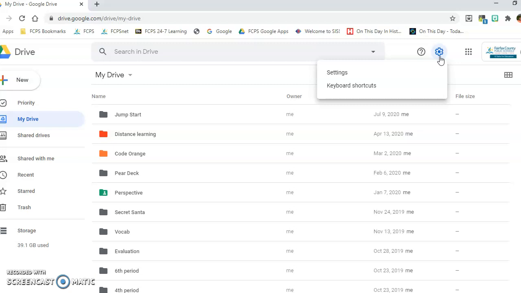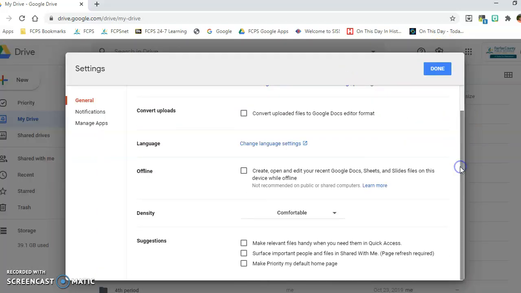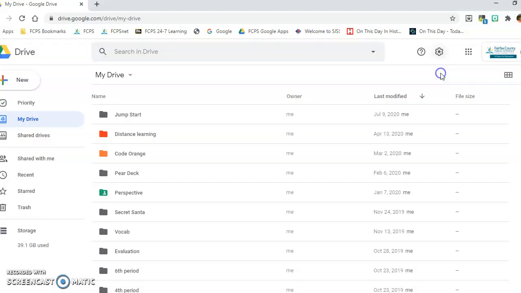If you want to get rid of that, click on the gear wheel here, the settings wheel, and go to settings. If you scroll down a little bit, you will have this box checked: make relevant files handy when you need them in quick access. That will already be checked for you. If you don't want to see that quick access, just uncheck it and then click done and it'll go away, and that will get rid of that bar up here with all those